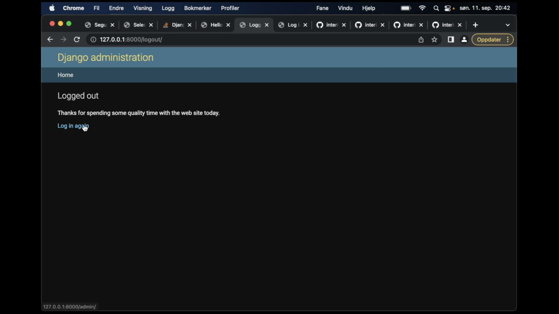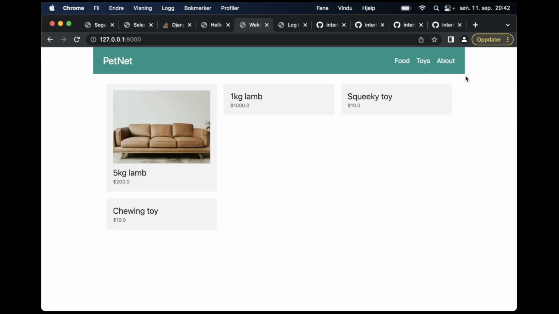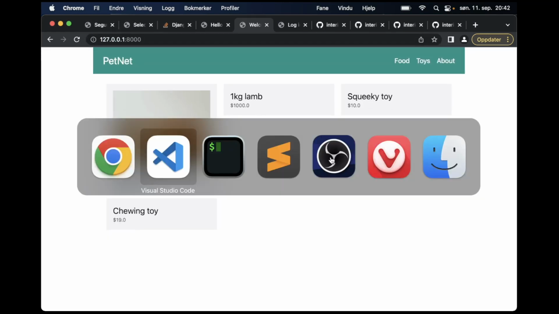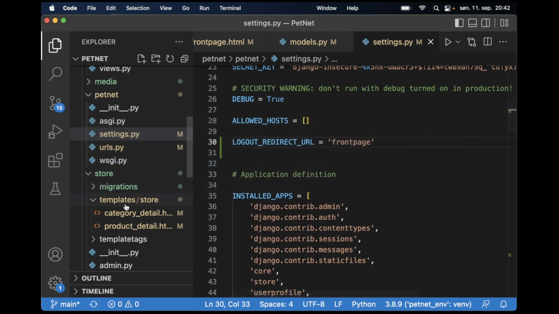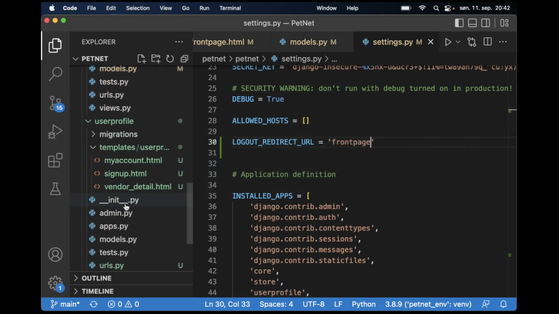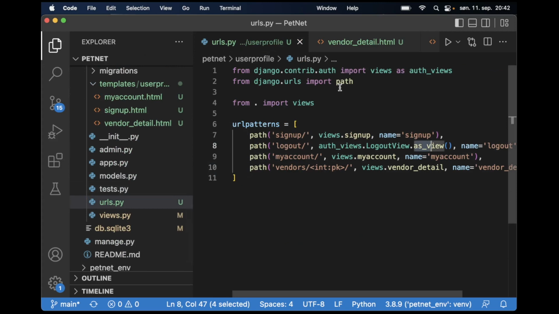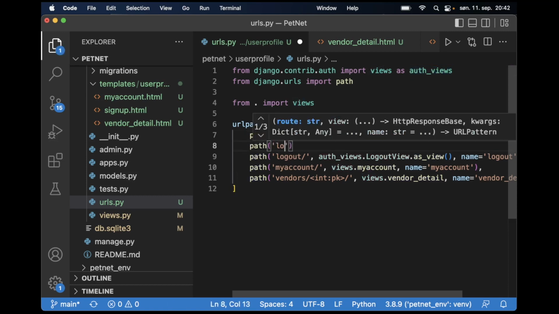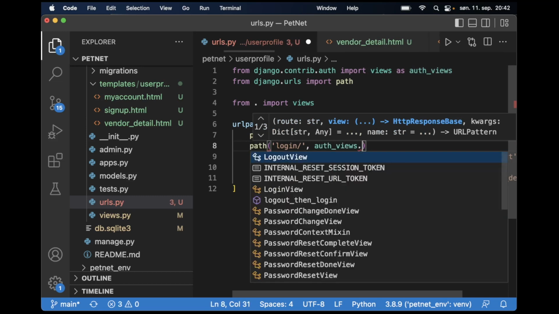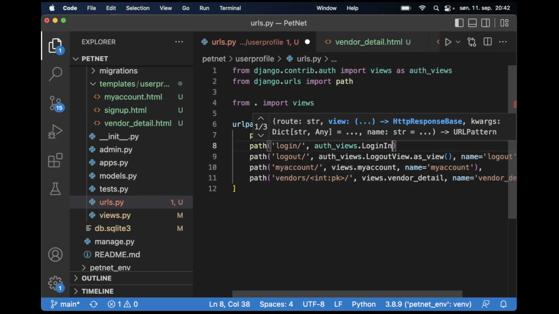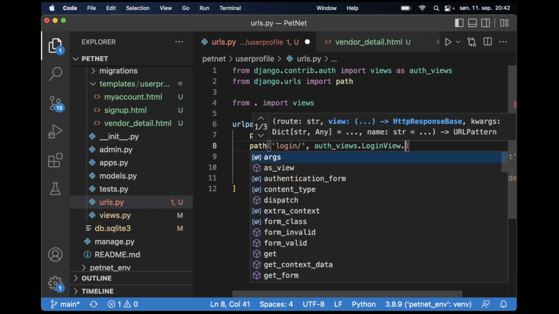So if I log in again by going, sorry, we don't have the login functionality yet, so we can go to the front page. Now we can create the login page. So that is the next step. Django also comes with functionality for this inside the auth views, so we can just use that as well. Path login, auth views.LoginView.as_view